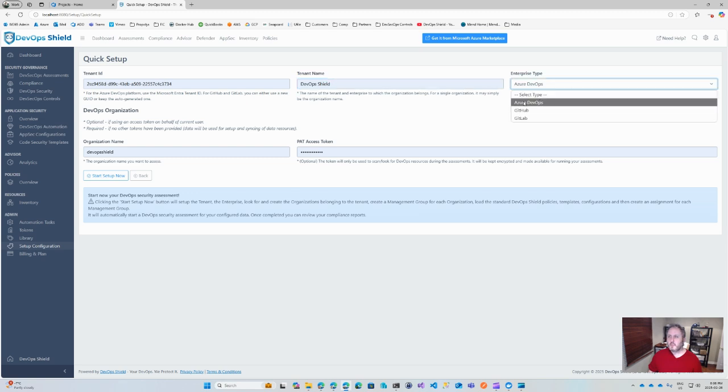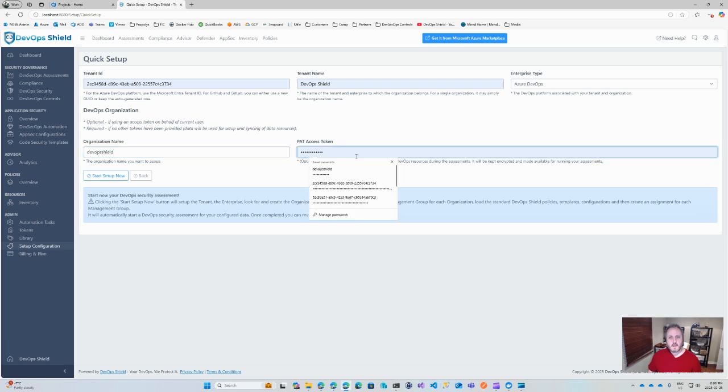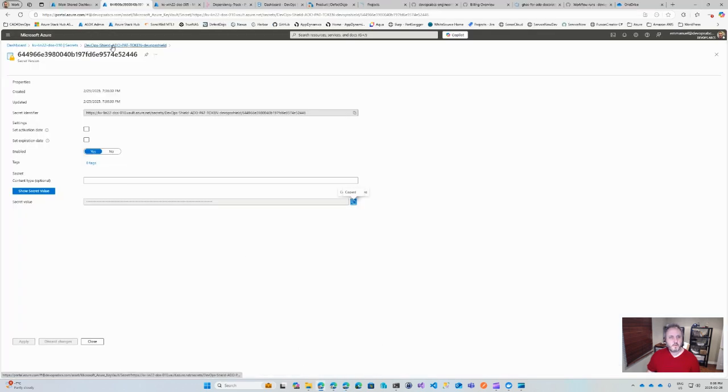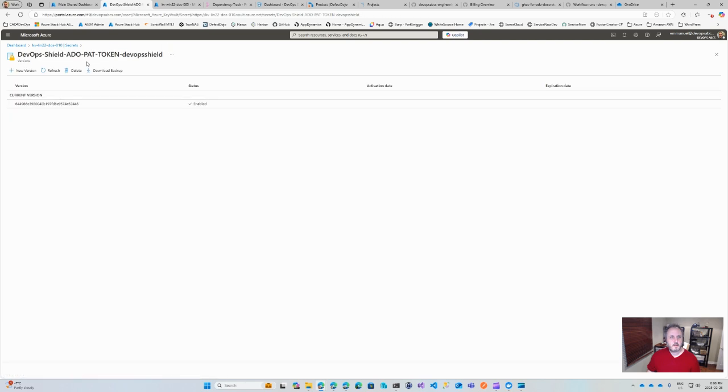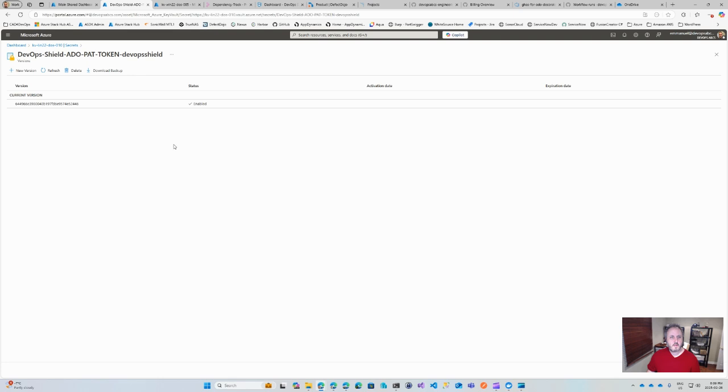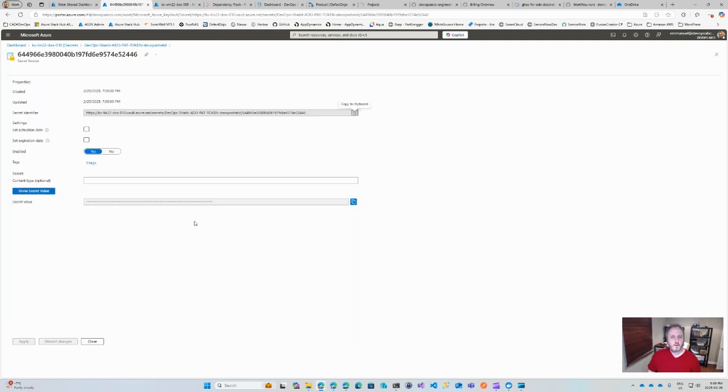You choose your enterprise type. I'm going to go ahead and pick Azure DevOps, then pick your organization. There you go. And finally, enter a PAT. So I'm going to go ahead and grab that PAT from my key vault. So I have a key vault right here with a bunch of secrets, and one of them is my PAT token. It's actually a full access token for the org